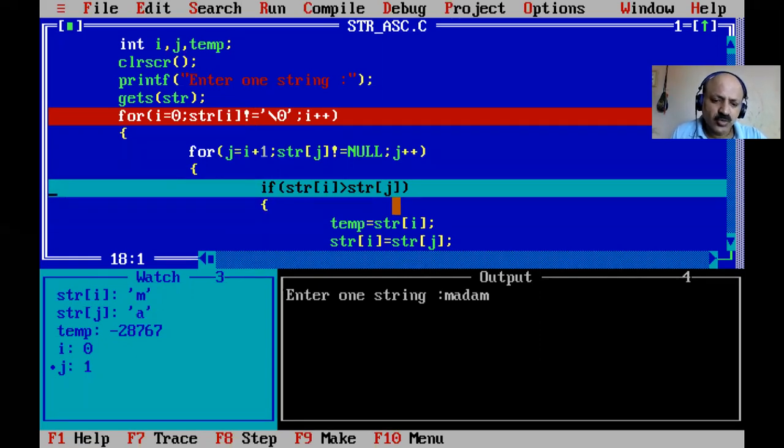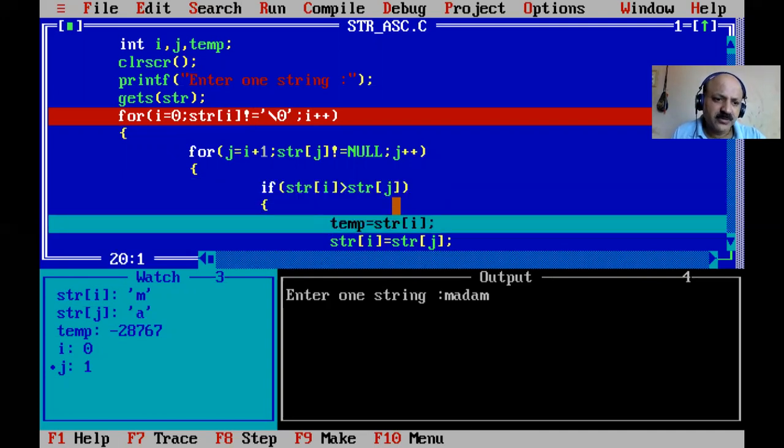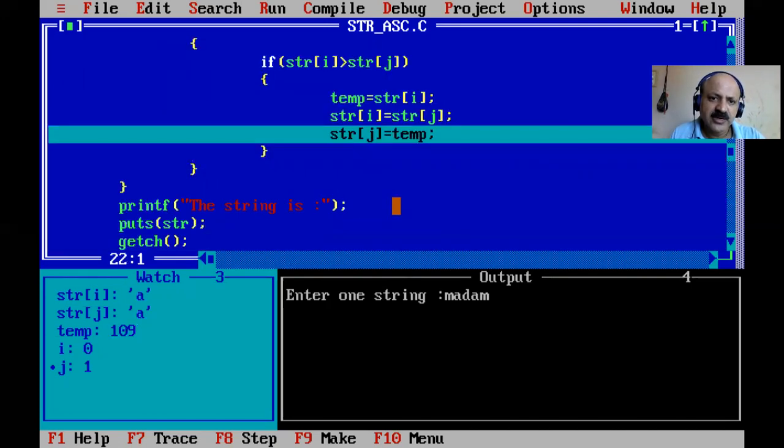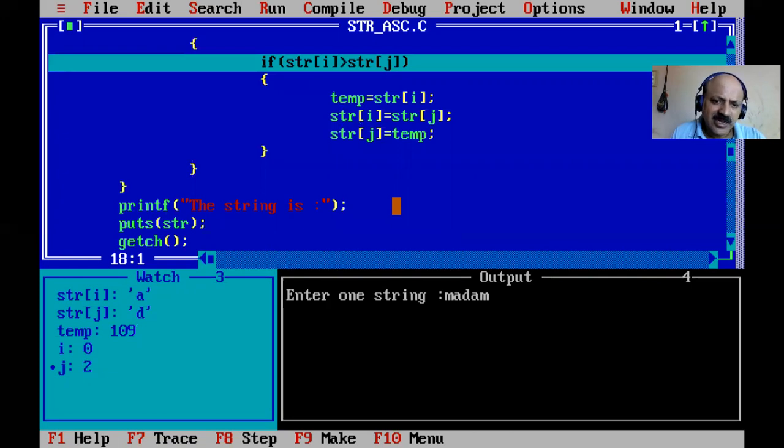So ASCII code you have to know very well. 97 to 122 is small a to z and capital 65 to 90 is capital A to Z. Okay, so here that condition is true. So swap, interchange. A is placed at the first 0 position and then again I plus plus.